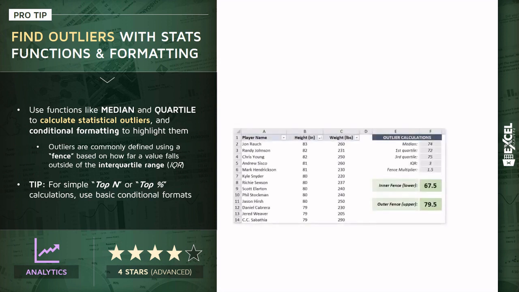So in this case, we're looking at athlete data with names in column A, we've got heights in column B, and weights in column C. And what we'll be doing is creating the outlier calculations using those stats functions. We'll calculate the median value, the first quartile, the third quartile, the interquartile range, or IQR, and something called the fence multiplier. And that fence is essentially what determines how far out of the norm a value must fall in order to be labeled as an outlier. And what we'll end up with is a range of values defined by the inner or lower fence and the upper or outer fence, meaning that any values that fall outside of that range will technically be labeled as an